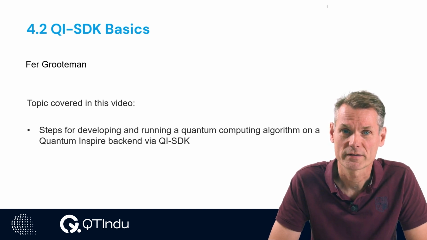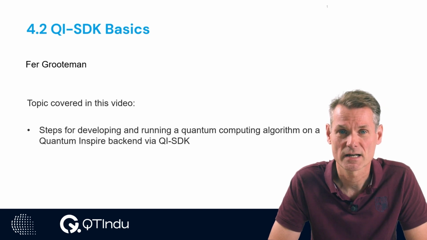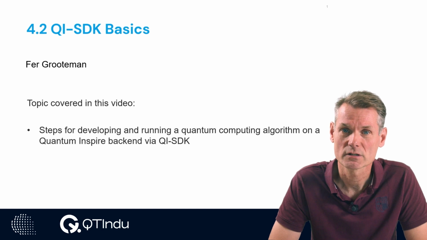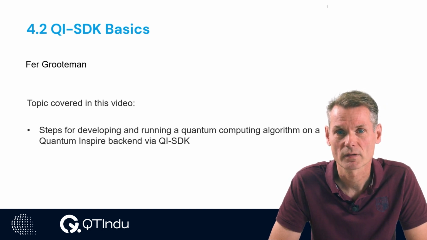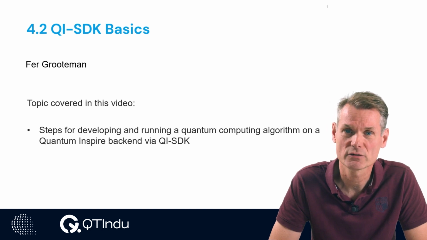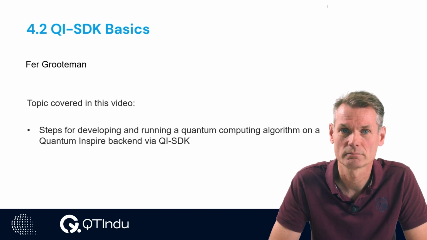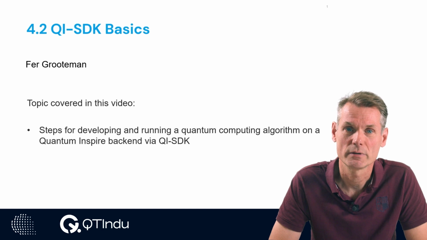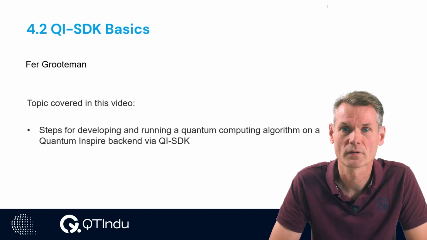We learn how authentication to Quantum Inspire is handled and how a backend is selected to run the algorithm. When the algorithm runs successfully, we inspect and print the results. At the end of the module, we take a closer look at some information returned by the selected backend. This information can be used, for example, to test if the backend is available.